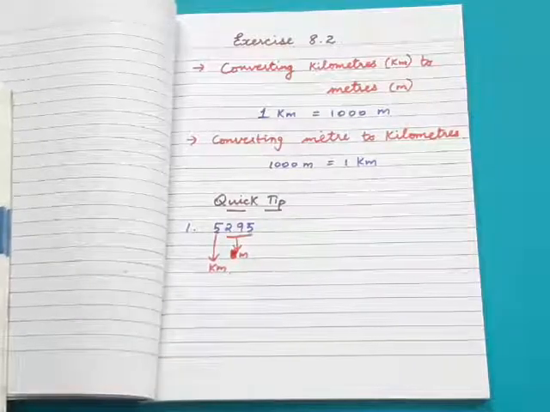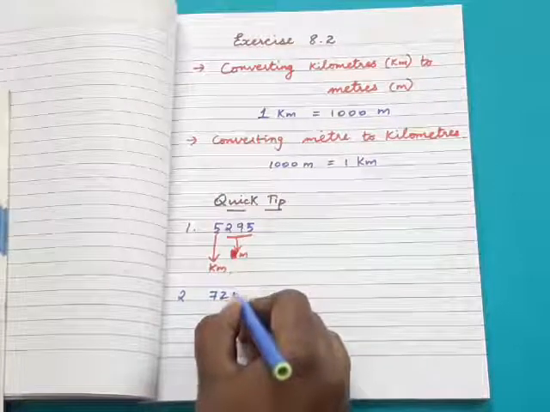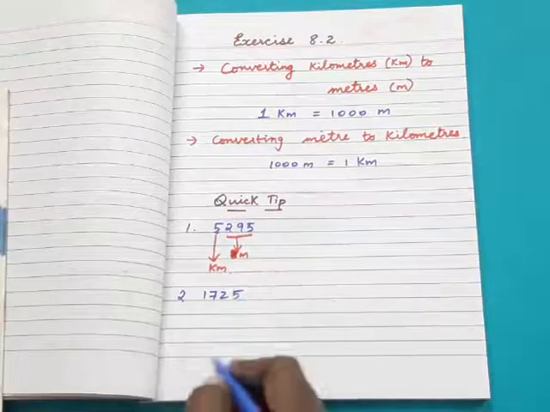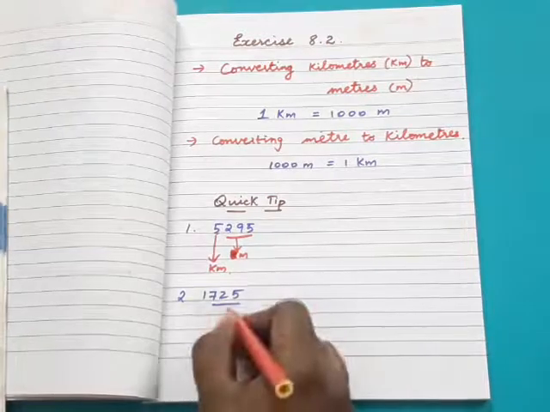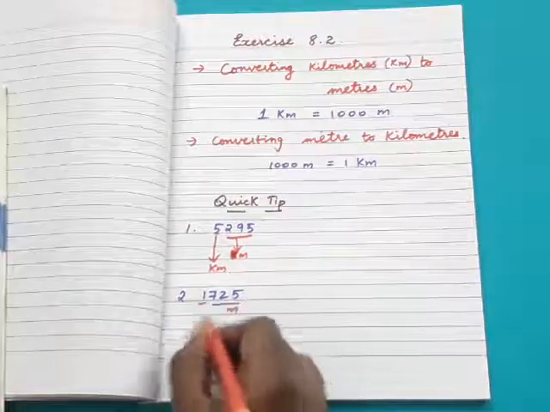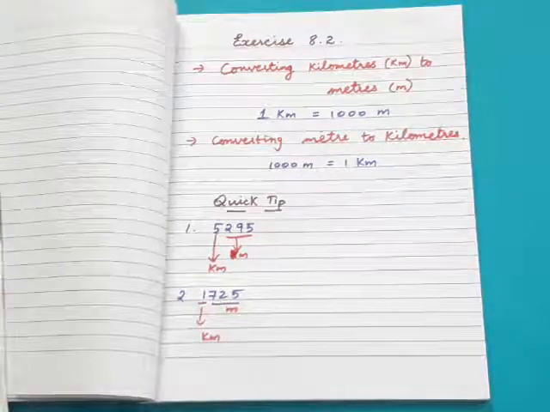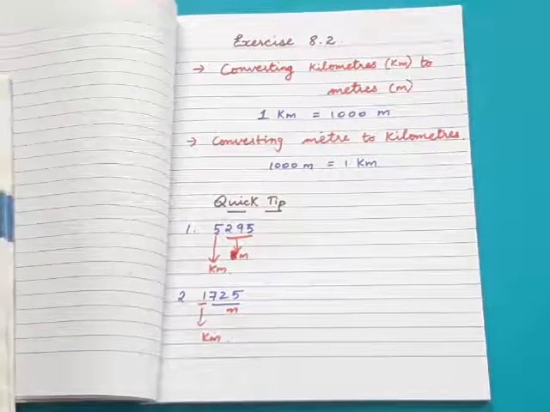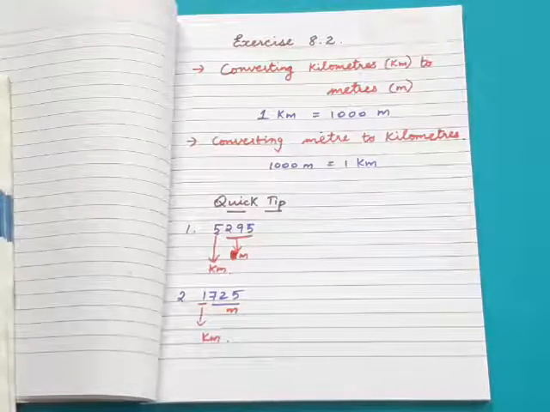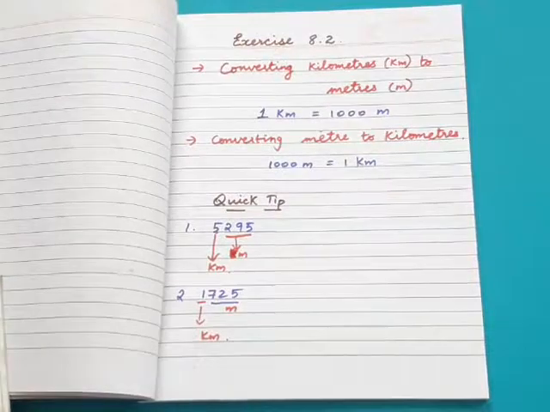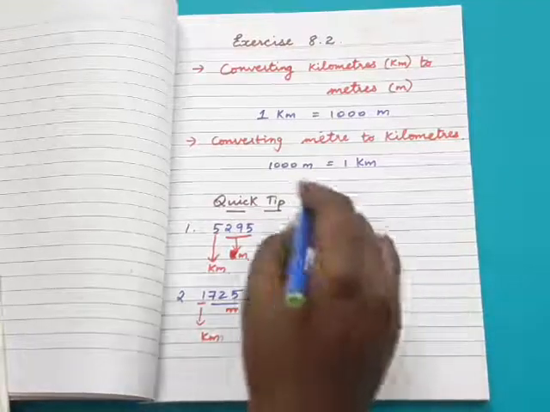Okay, no need to confuse. I'll give you another sum also. If this is your question, the last three numbers are meter. The remaining numbers are kilometer. Okay, when converting meter to kilometer, the last three digits represent meter, while the remaining digits represent kilometer. Shall we go through another sum also, for your understanding? Now look at this.